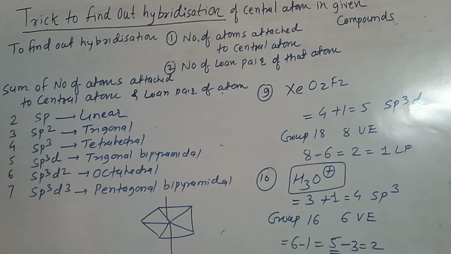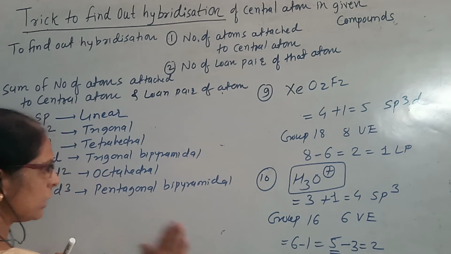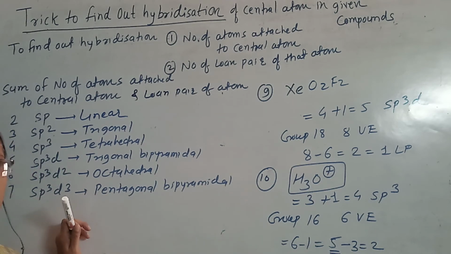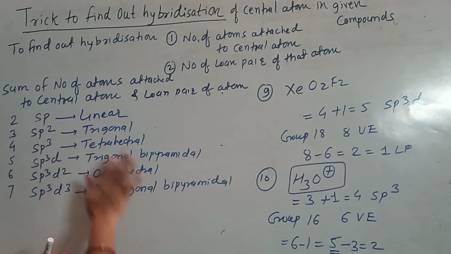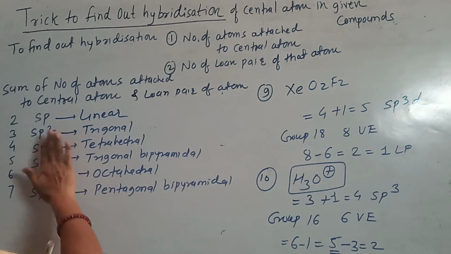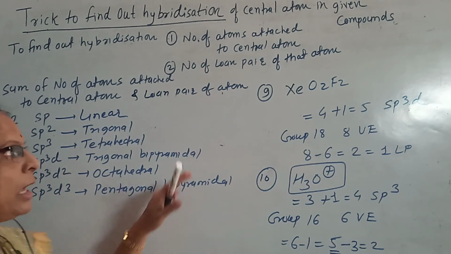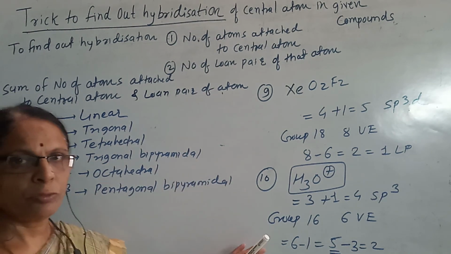So in this way, depending upon the type of hybridization, you can find out the geometry. Remember, the geometry and the shape are two different cases. The shape depends upon the type of repulsion among the lone pairs, so that will be decided later on. So in this way, you consider the type of hybridization and the geometry of the molecules, and it is also easy to find out the hybridization of the central atom. Okay, thank you.